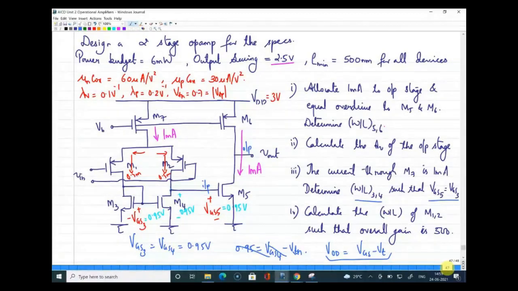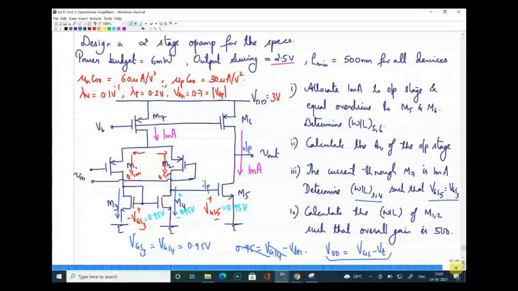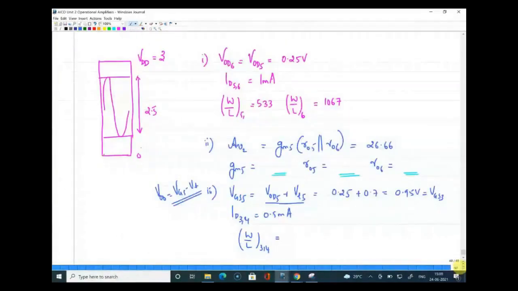Yeah, I think Avinash, when you were asking, in this specific question it is given that VGS of 5 should be equal to VGS of 3. Can you tell me what is the implication if you have equal VGS for M3 and M4 and equal VDS for M3 and M4? What is the implication? This is a current mirror. M3 and M4 form a current mirror. Now, if the current mirror has equal VGS and VDS, then both sides will have equal current. But that will not be okay. I'll come back to that after solving this. For W by L of 3 and 4, you will get an answer very close to 266.